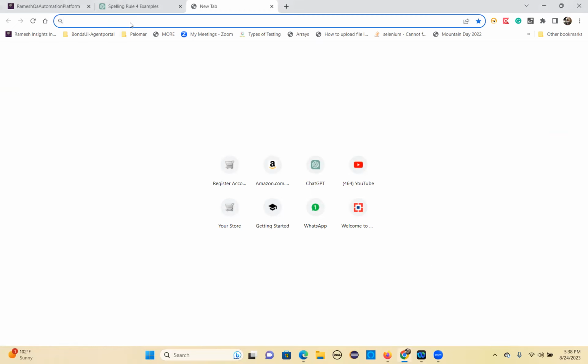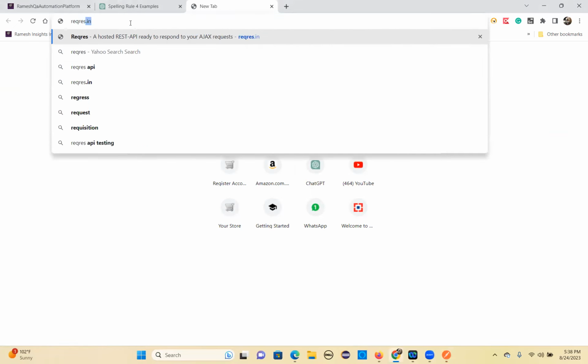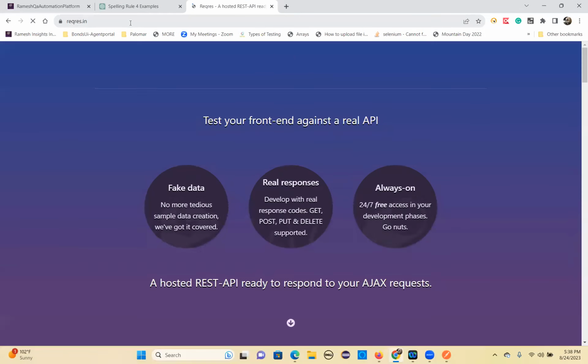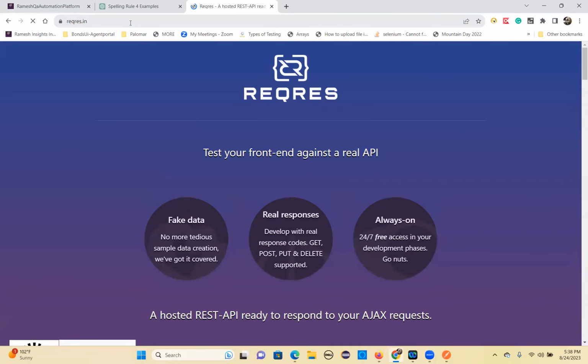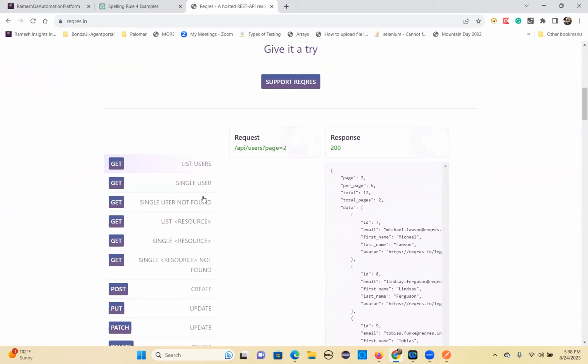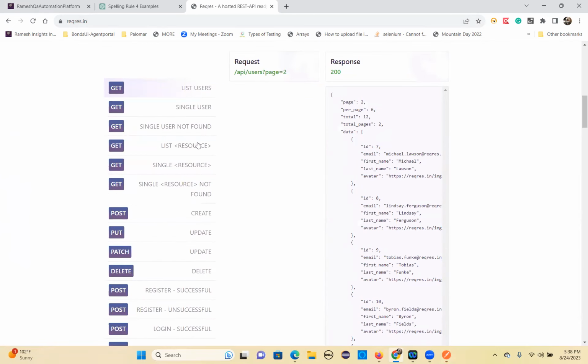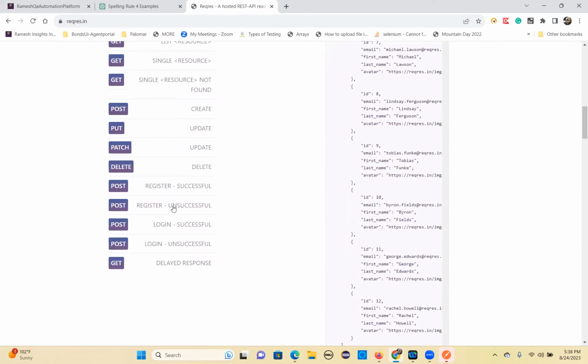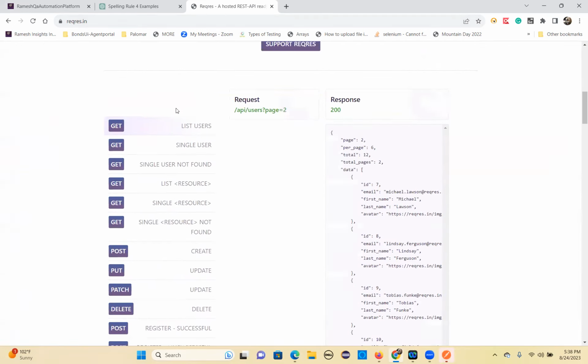So there is one more, REQRES.in, which has all the dummy APIs used for practice purposes. It is very easy to practice all these things, and you can implement the same structure we implemented for the Postman API collection. I'll show you some of them, but the remaining things you can practice. So this is the one we are going to automate